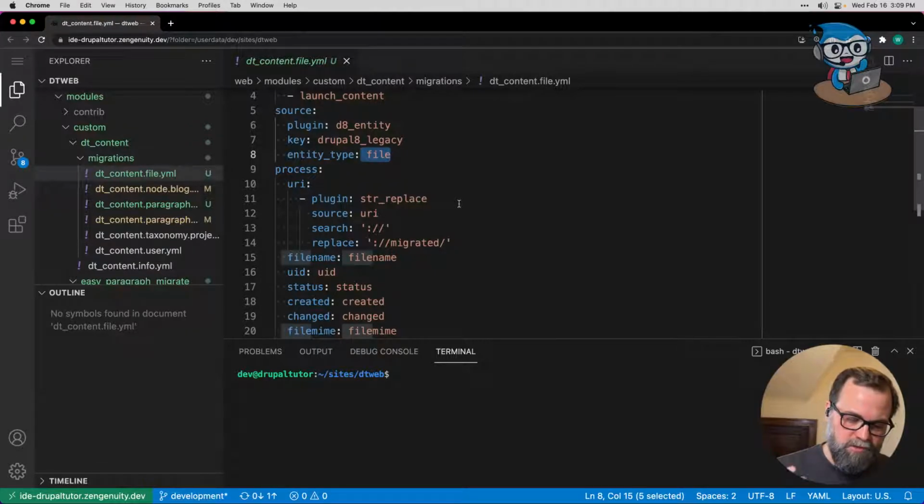There's a couple of ways you could do it. There is a way where you could download the files. However, there's a significant number of files in the DrupalTutor system that are in the private file system. So they're not generally web accessible from just this random dev stack that's not logged in to the website. So what I did is I copied these,